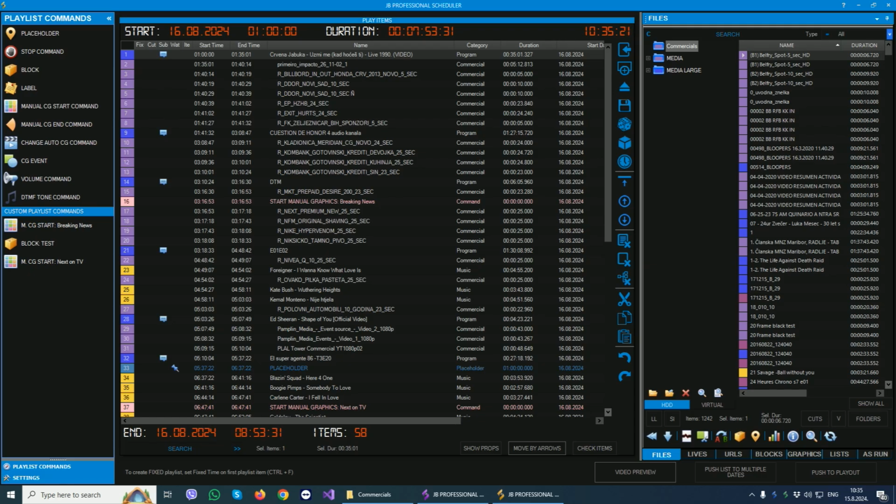The Scheduler application is the application where you create your playlists and push them to playout to start at the time you set. Our customers mostly create 24 hour playlists. All the options are the same as in playout. You also have